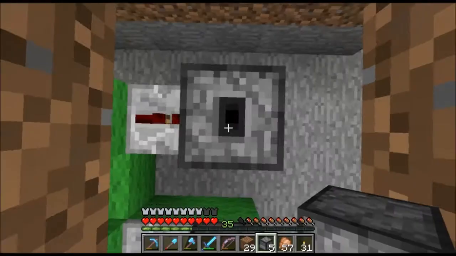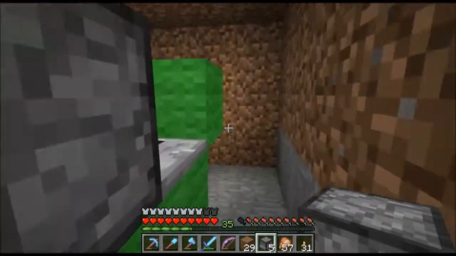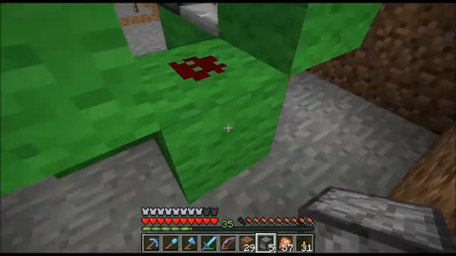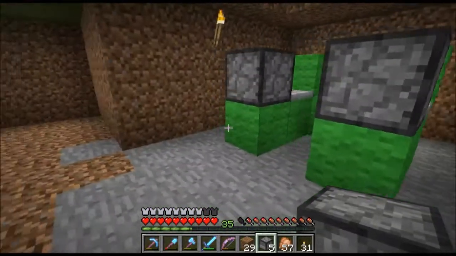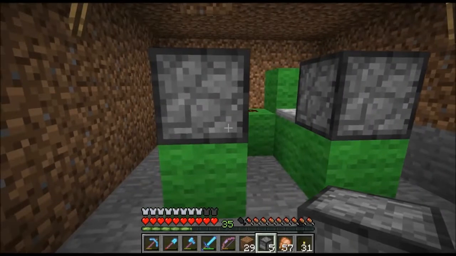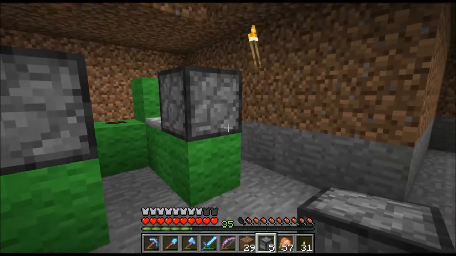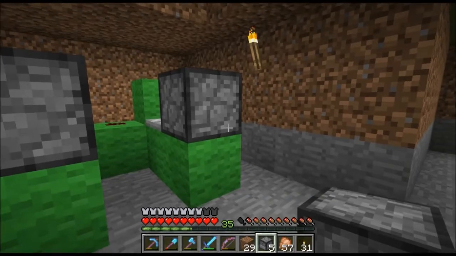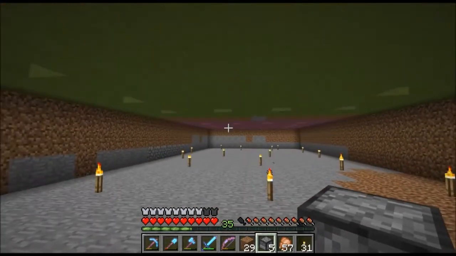Okay, these circuits are going to be identical. What happens when you flip this on and off, each one of these circuits, one of them will turn off and one of them will turn on. And then the next time you hit it, it'll do the opposite. The one that's on will turn off, the one that's off will turn on. And what it does is it just swaps the pistons